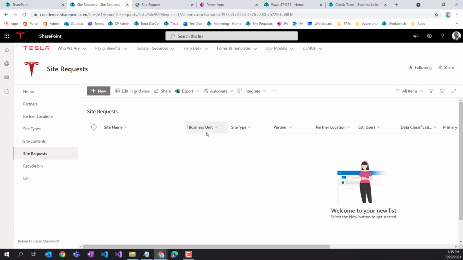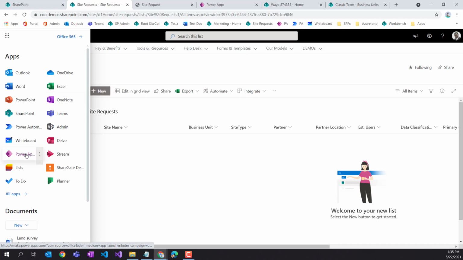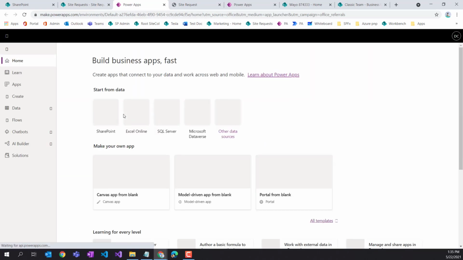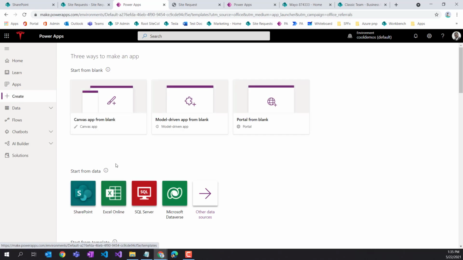And we talked about our decisions of when we're using lookup versus choice. The next step is to jump into Power Apps Studio to start the build. So here I'm going to go to Power Apps, pop this open in a new tab, go to new, and then just say new. I actually want to create a blank app